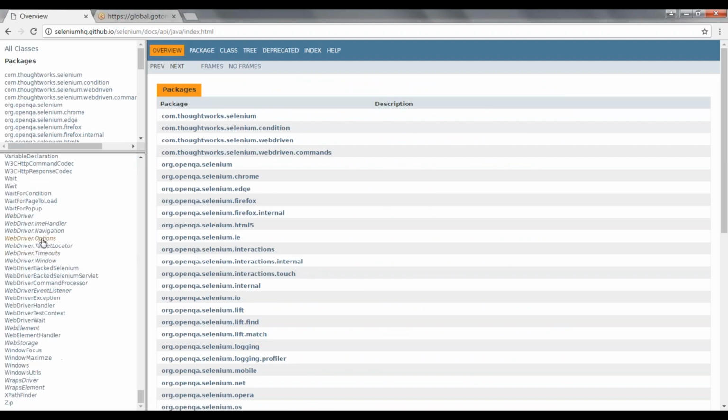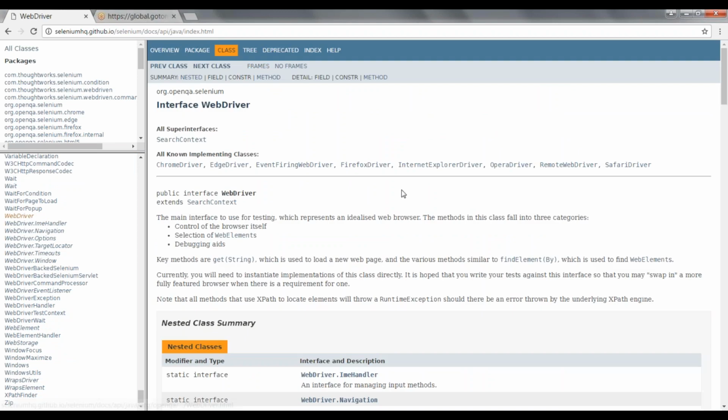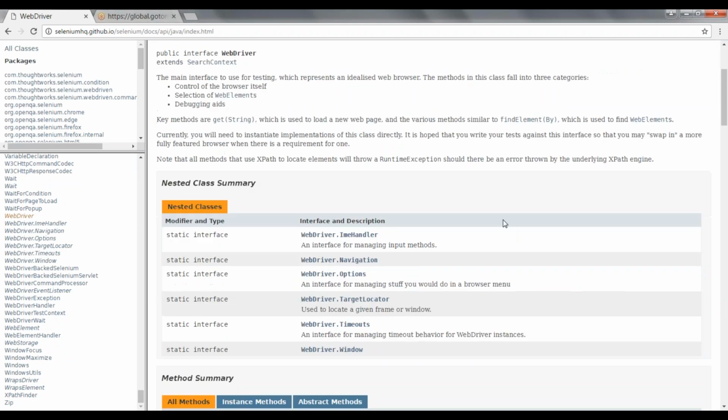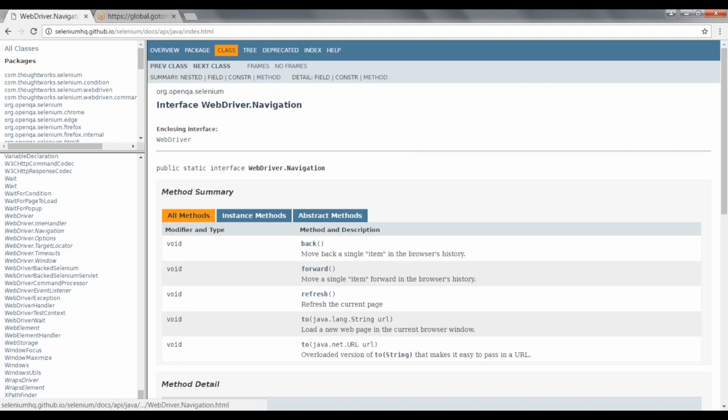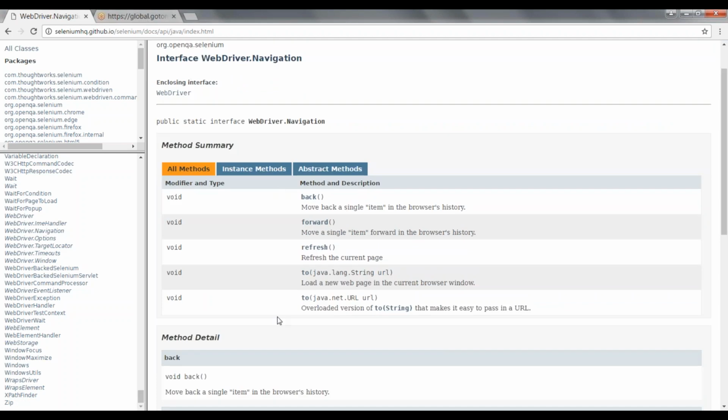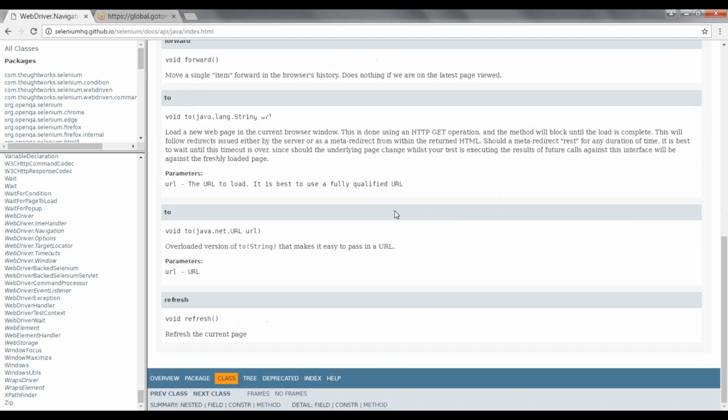So I will go to my WebDriver interface. In the WebDriver interface, you can see there is a nested interface, that is WebDriver.Navigation. That nested interface has some methods. We will look into those methods.